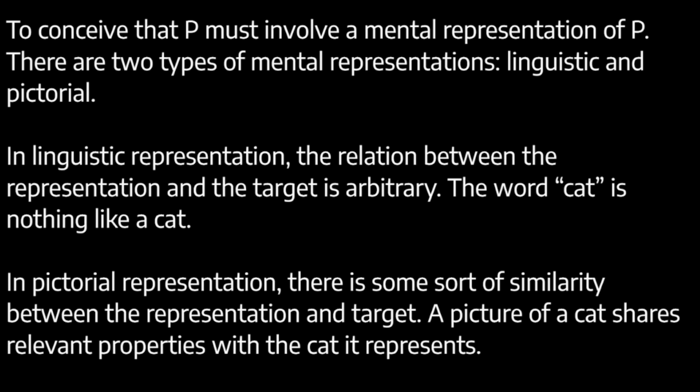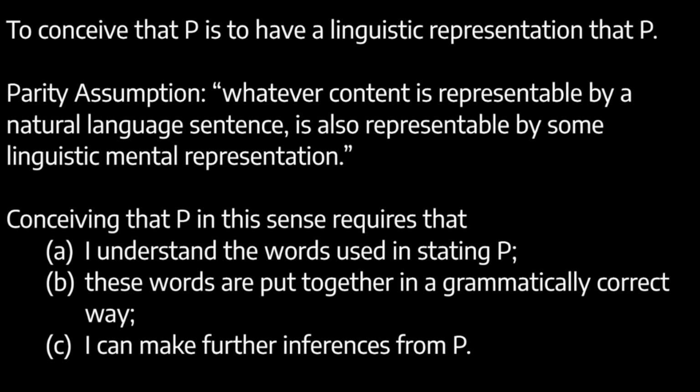So that means there are these two types of mental representation, and once we have that, we can then distinguish two ways of understanding what it would be to conceive that P. So let's first of all suppose that conceiving that P involves some sort of linguistic representation that P. So basically, to conceive that P is to have a linguistic representation that P. It's kind of to have words in the head to the effect that P. Now, Berto and Schoonen say that if there are linguistic representations, it's plausible that they would obey what they call the parity assumption, which is whatever content is representable by a natural language sentence is also representable by some linguistic